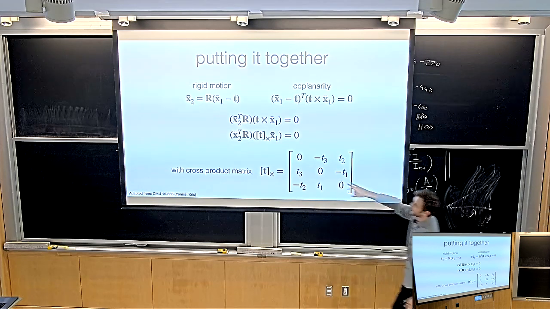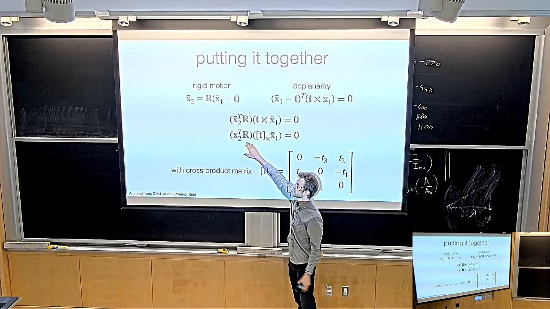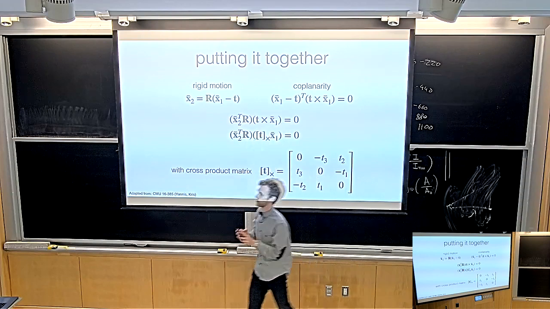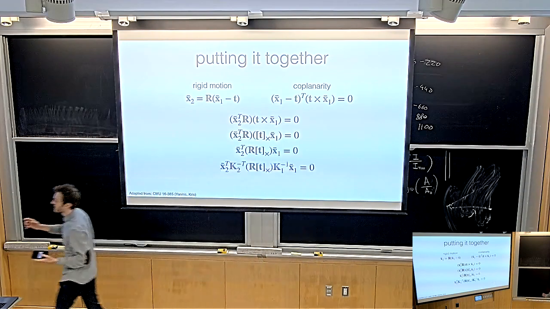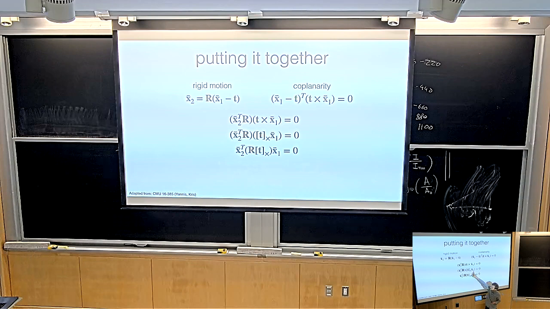Doesn't matter though, so now you can just write this as a dot product, and other than that, it's just pushing these two equations into each other. Then you reshape it a little bit, and you can see how you're reshaping it. You're pulling out x2 bar transposed on the left side. You're pulling out x1 bar on the other side. And this expression is starting to look a lot like the expression that we started off with, the fundamental matrix.